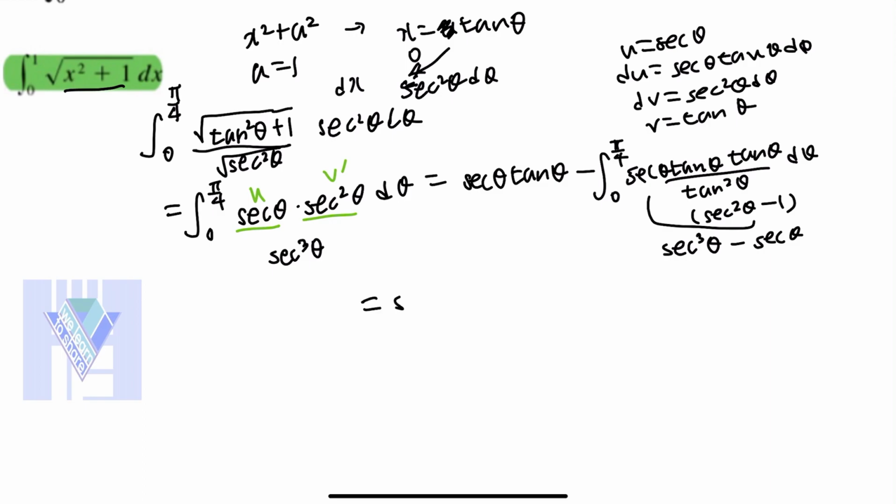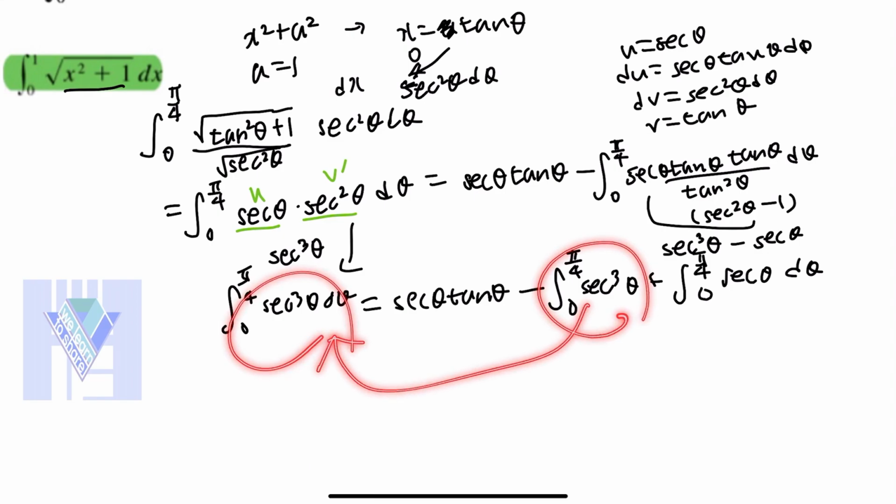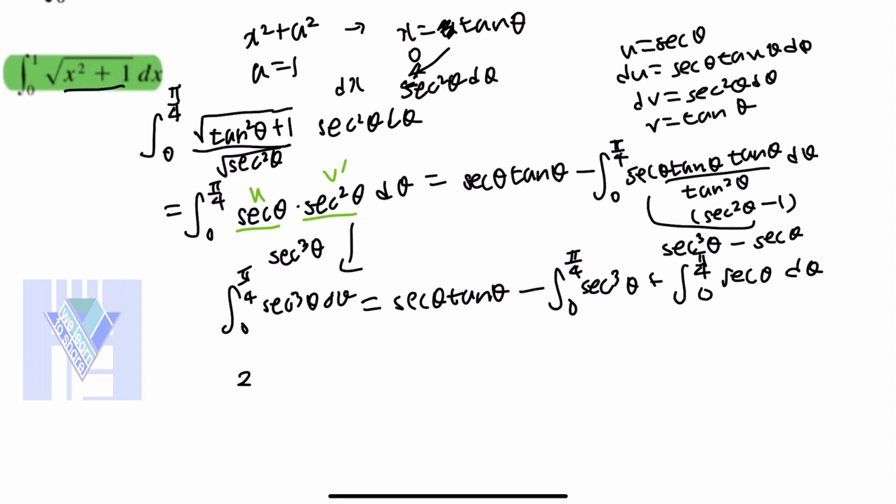So let's do this. This equals secant theta tangent theta minus 0, plus the integral of secant theta d theta. And therefore, what we see is, surprisingly, you have the same thing here and here. Therefore, you put this over here, then it will be 2 times the integral. This equals, you can just put this, and you would have